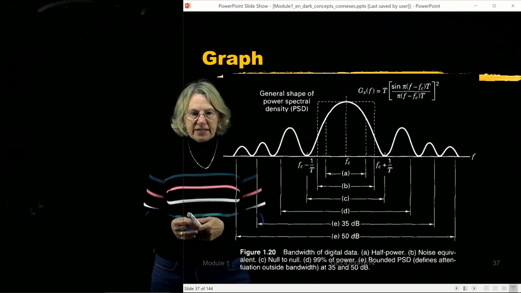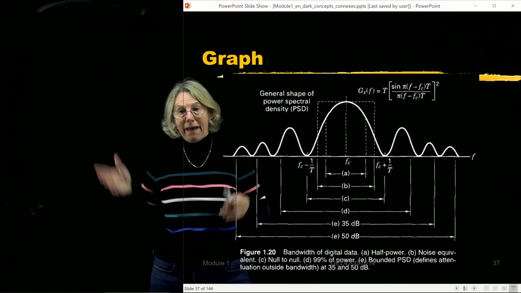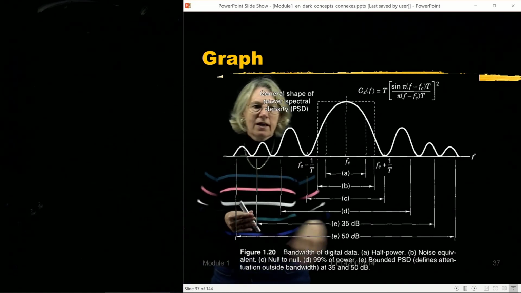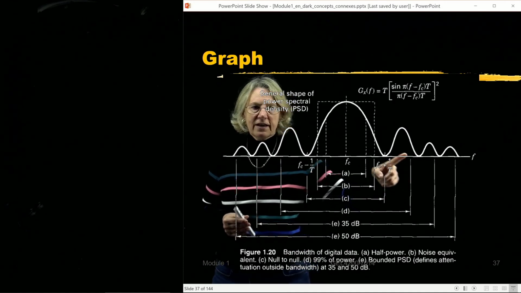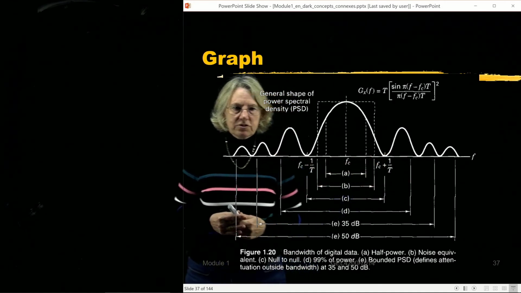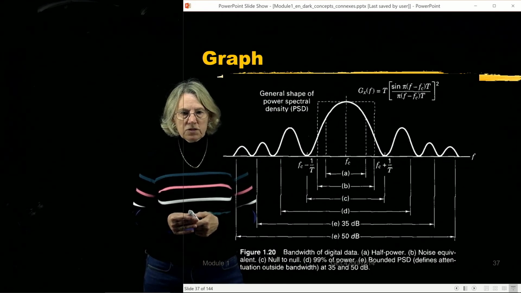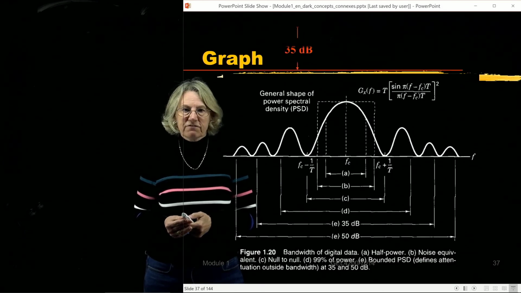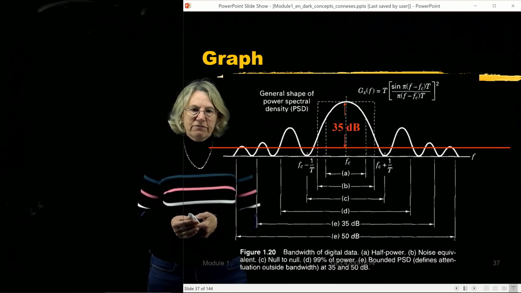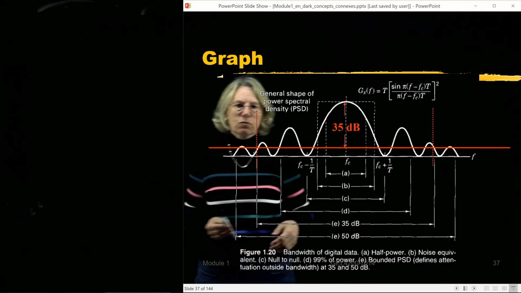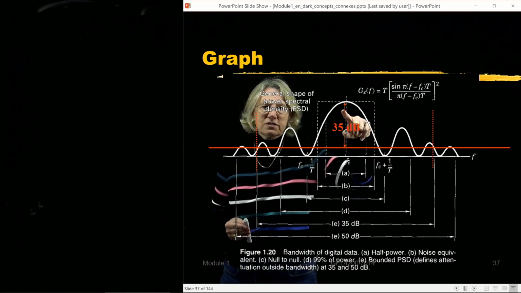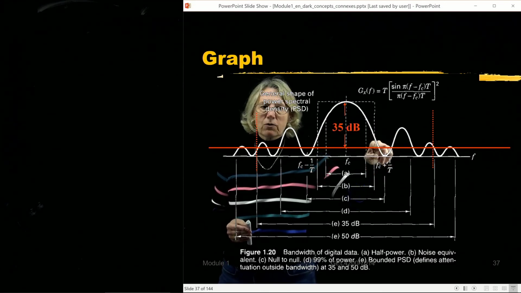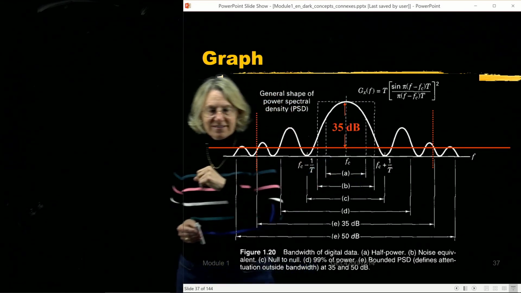And if I wanted to get 99% power, of course I just go to MATLAB and start doing integrals until I found a width that gave me about 99%. And in this case that would be the marks here and here. That would be the bandwidth at 90%. Suppose I looked at 35 or 50 dB down for my definition of bandwidth. Well, let's take, for example, 35. And in this case, we put a line here, and of course it goes down to 35 here, but then it comes back up. So it's not the first time it crosses this line, but the last time it crosses that line.